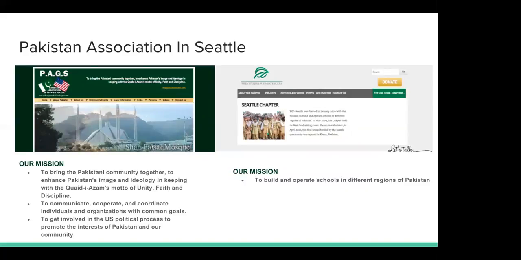And some interesting things about at least Pakistanis in Seattle is that most move to Seattle for tech-related jobs. However, Pakistan is the third leading source of